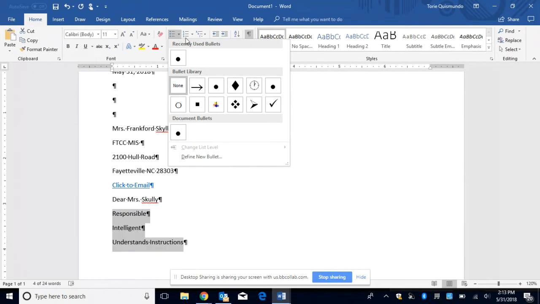So let me share this with you. When you select this little down arrow, it gives you the option of recently used bullets, the bullets from the library, the default, or define a new bullet. This is important. Make sure that you know that you can define a new bullet, whether you're coming from a